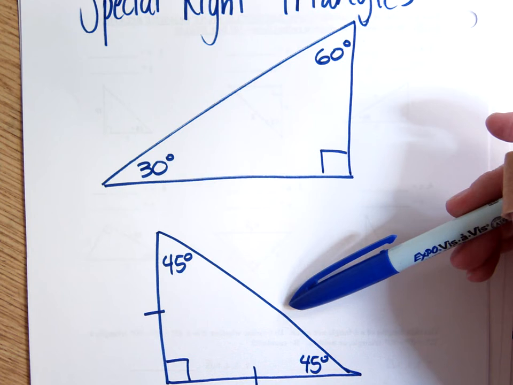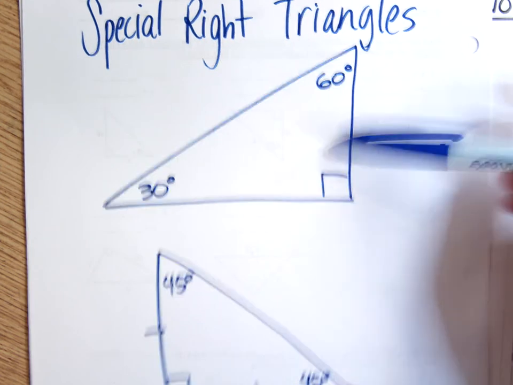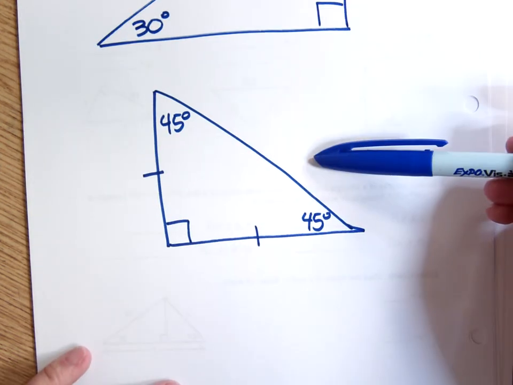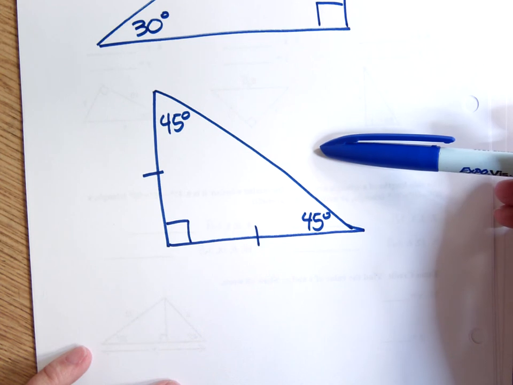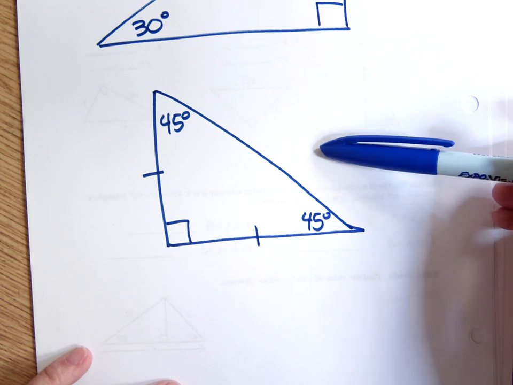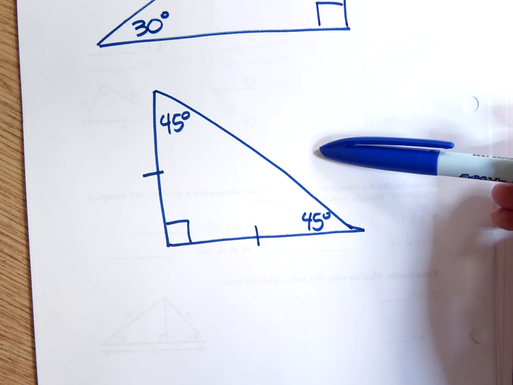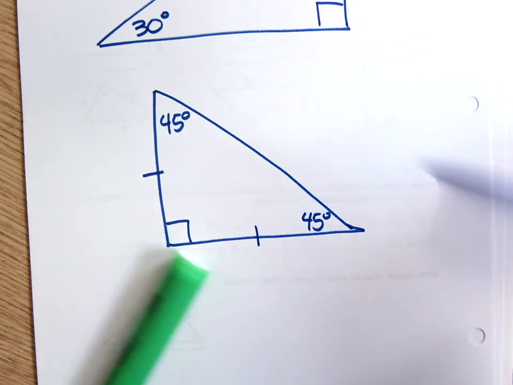So today in class we talked a lot about 30, 60, 90s. We did not talk much about 45, 45, 90s. So I wanted to tell you a little bit more about those. We did a warm-up where we were finding the missing sides of triangles using the Pythagorean theorem. And in our warm-up, we had one triangle, oh, I can't find it, so I'm going to just redraw it real quick, that looked like